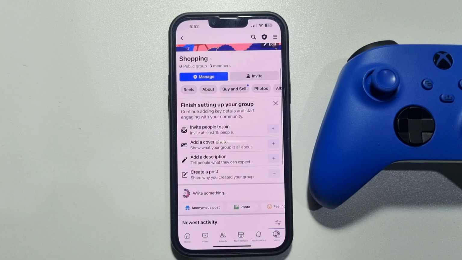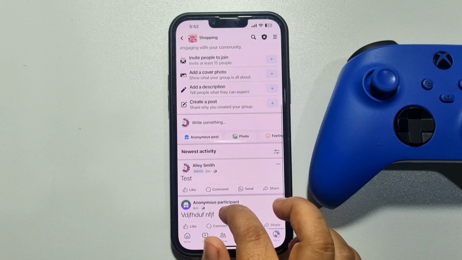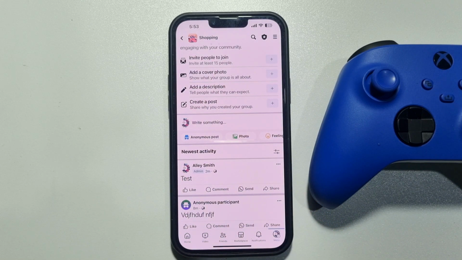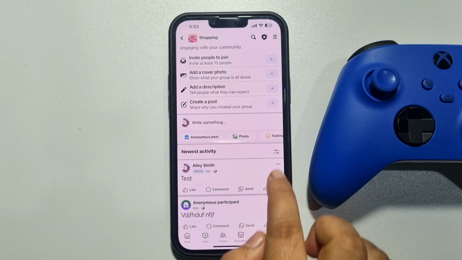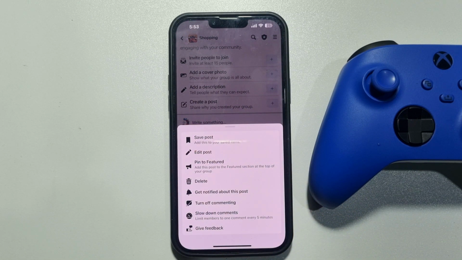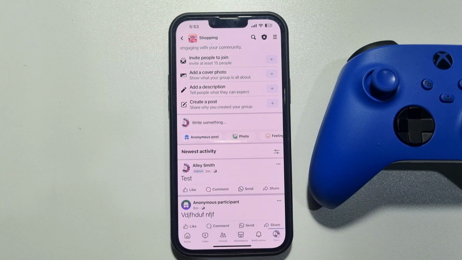So here, and now search for the post you want to turn off commenting. Now tap on this 3 dot and tap on turn off commenting. And now